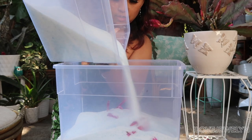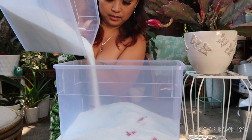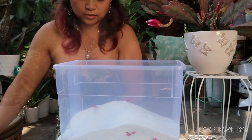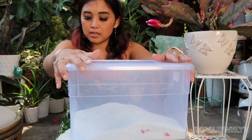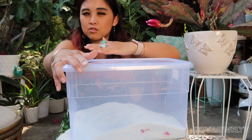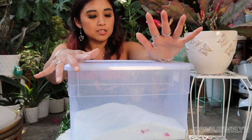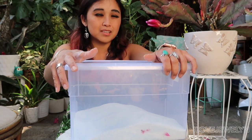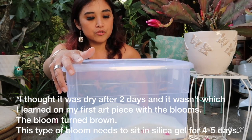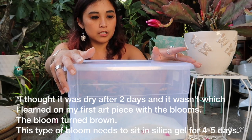That's the best I can do for it. Here it is. I had to think about the best way to do it. And obviously I didn't want to lay it down this way to dry. So this is my first time. I will check on this tomorrow. I'm gonna give it a day because I don't think it's gonna need 3 days because it's such a thin bloom. So I am going to check on it tomorrow and I will hop on here to do part 2